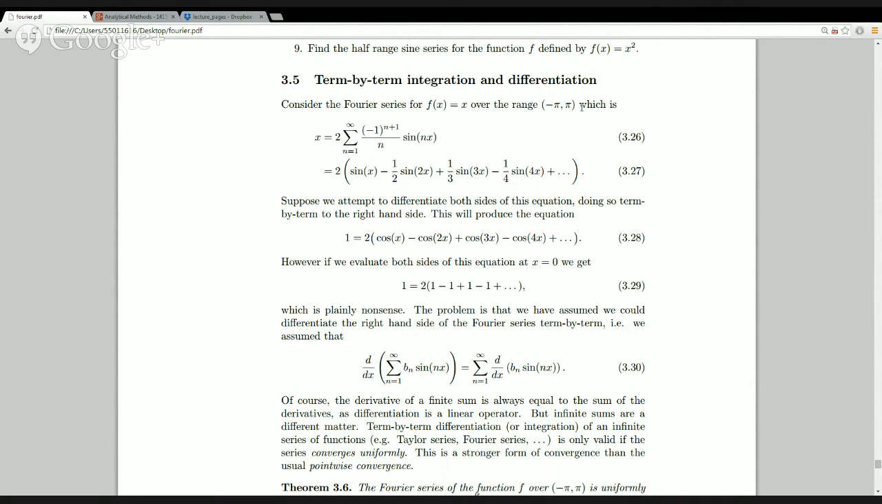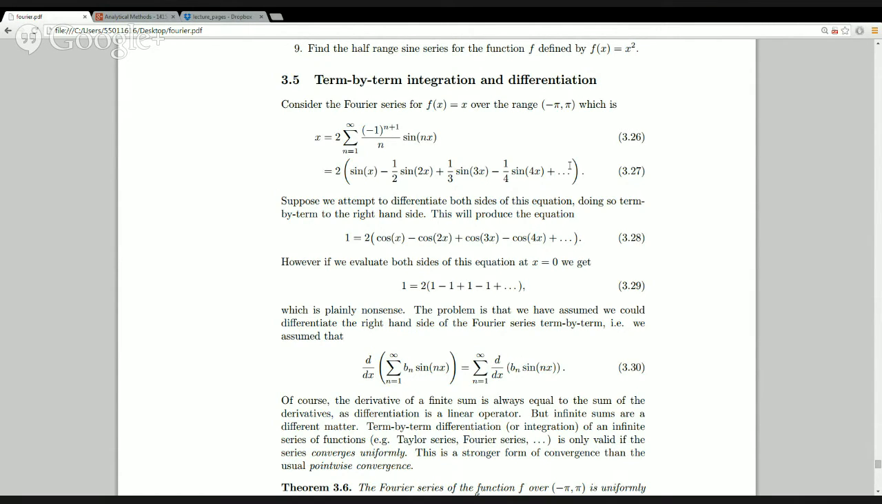So that's it written out there. Sine of x minus a half of sine of 2x plus a third of sine of 3x, and so on. Now consider for a moment if we were to differentiate the Fourier series. Well, differentiating the left-hand side is easy. On the left-hand side, you just have x, so differentiating with respect to x just gives you the constant 1. And suppose that we could go ahead and differentiate this infinite series term by term, meaning form the infinite series